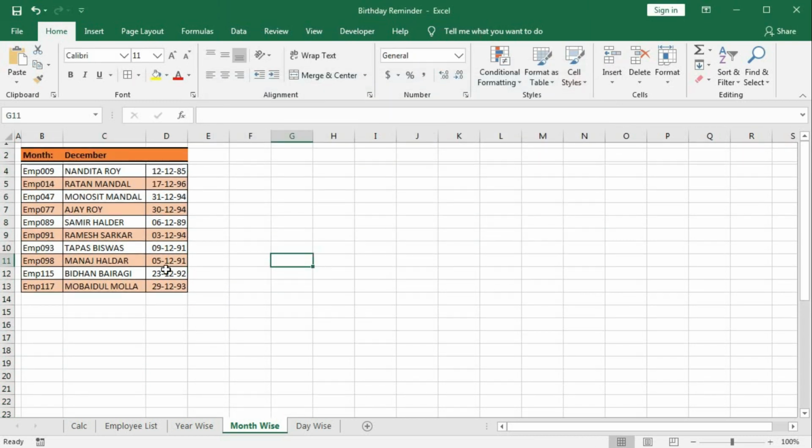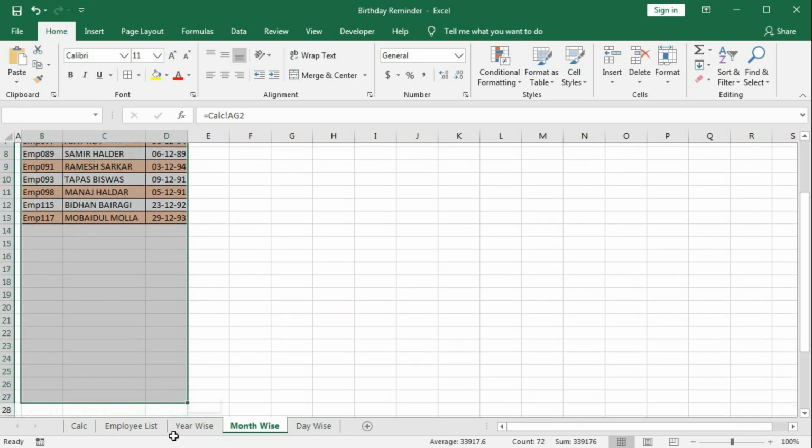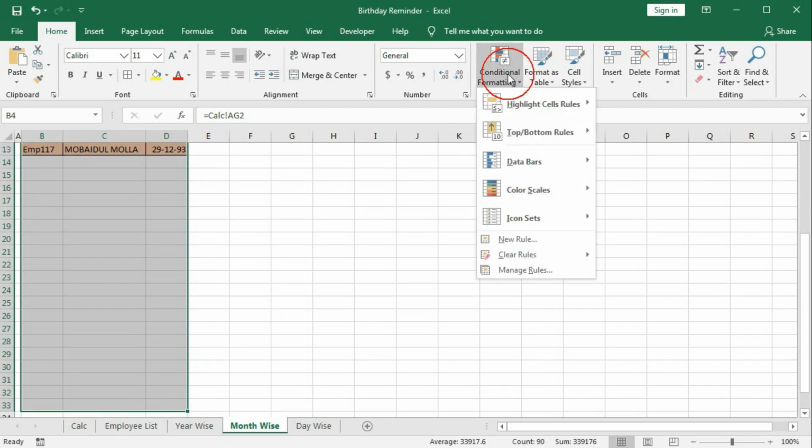So now we'll highlight the date, for those who have their birthday today. So select again, go to conditional formatting, new rule.